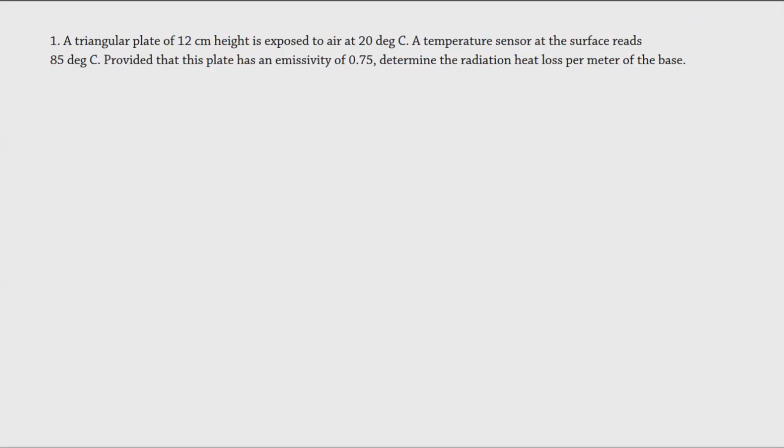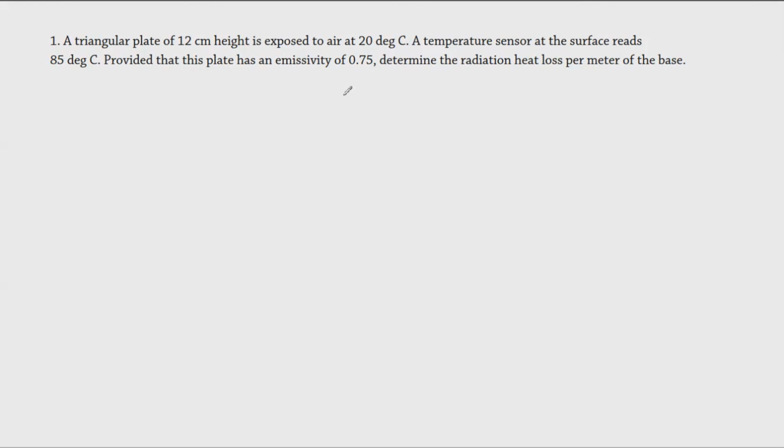Now, to understand radiation better, let's try solving some problems. Now in this case, there is a triangular plate exposed to air. If you read just the first sentence of this problem, you might think that this could probably be convection. But remember, if the problem doesn't define or doesn't give you what the exact